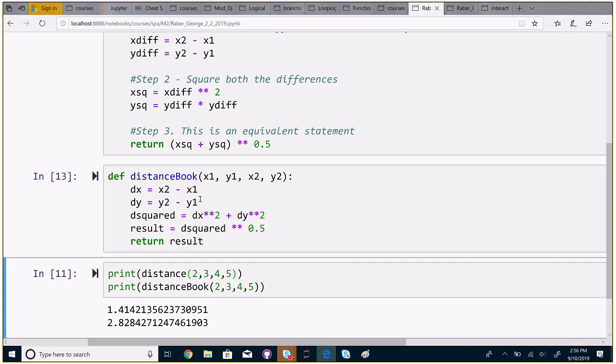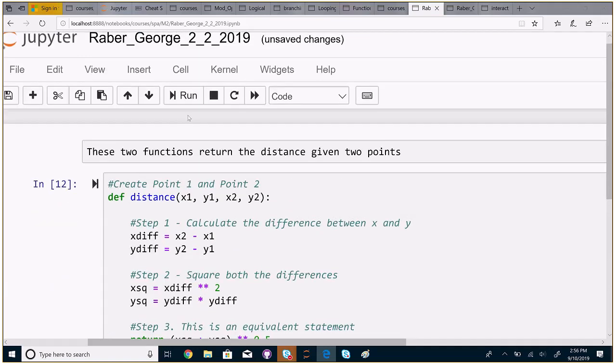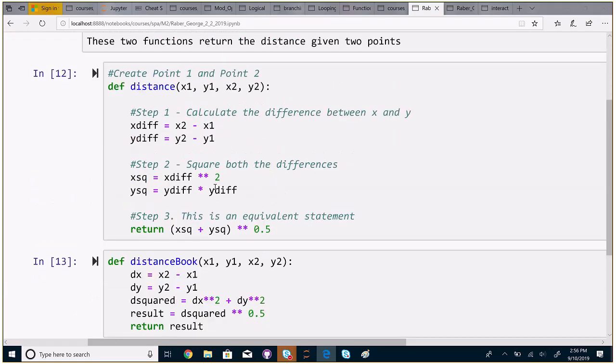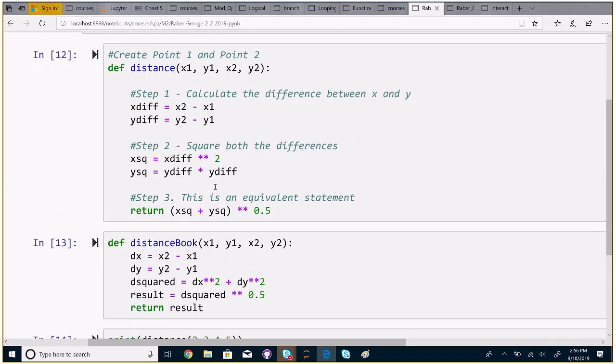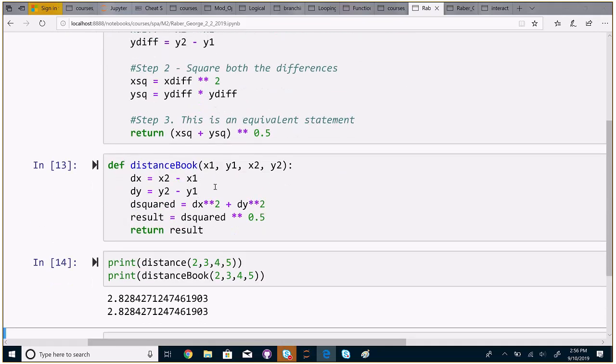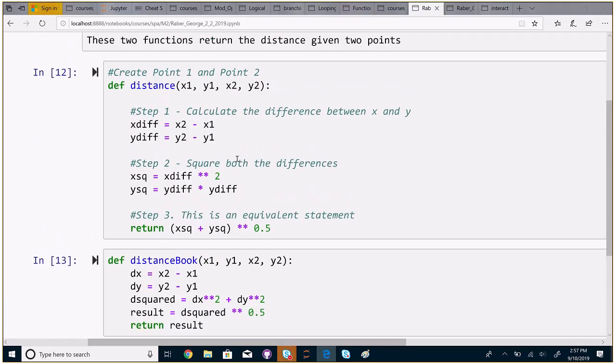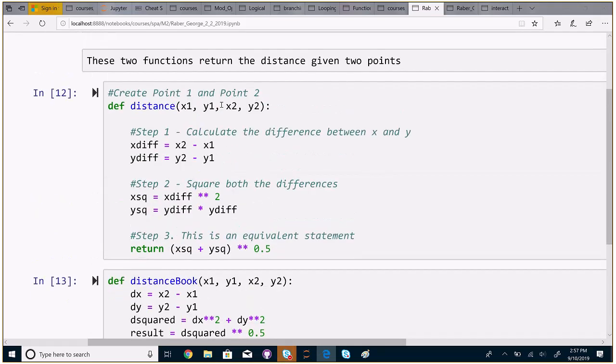Oh, you know what I did? I know what I did. No, that wasn't actually the problem. So the problem was that I flipped those around, but I forgot to run it before I did it. So that was the problem. It's interactive Python. Gotcha. If you don't rerun the cell where you make a change,